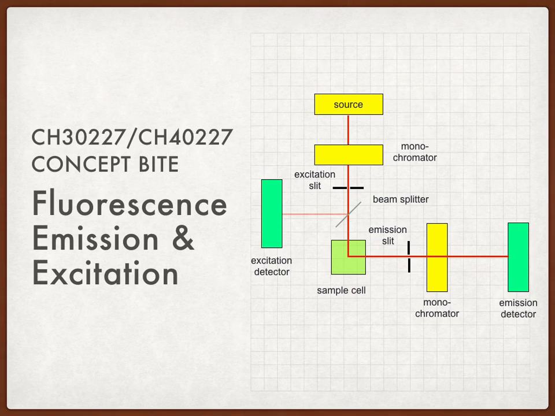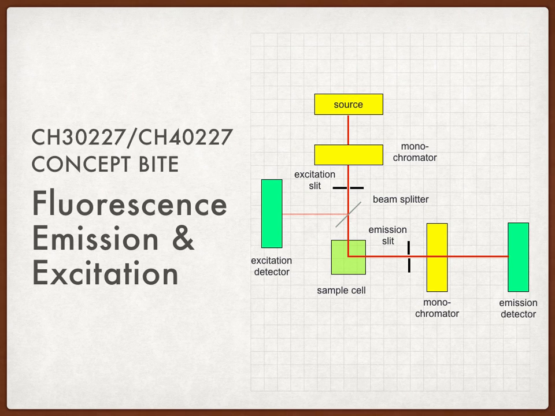So this is another one of the concept bites, this time on emission and excitation fluorescence spectroscopy. Both techniques use exactly the same spectrometer, exactly the same. And for a steady state fluorimeter, that would consist of a source, and there would be a monochromator at the